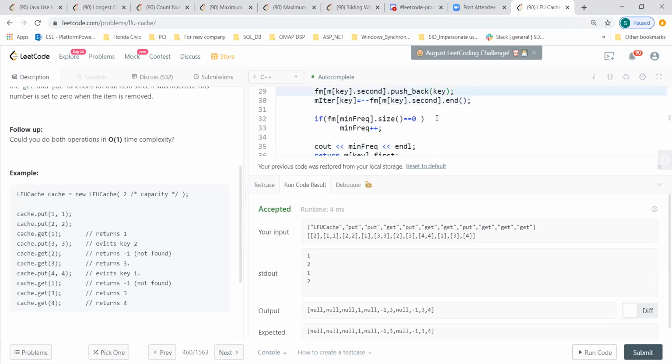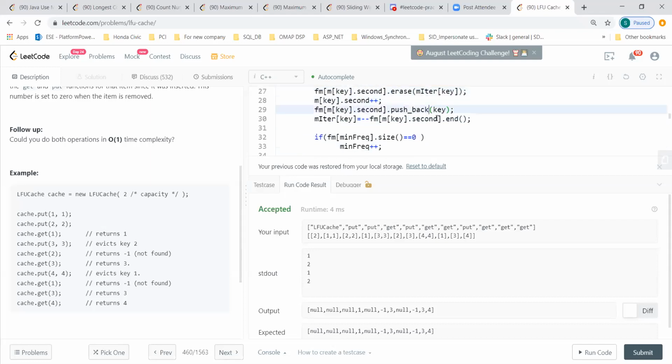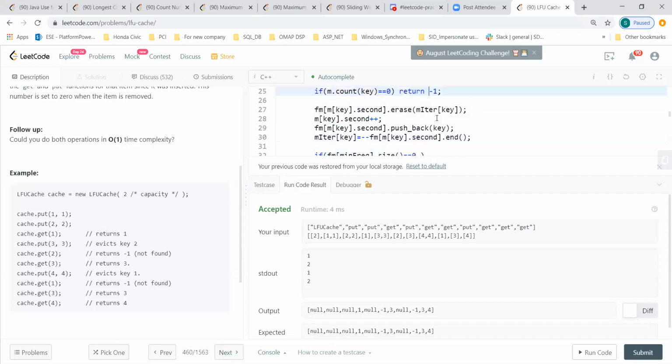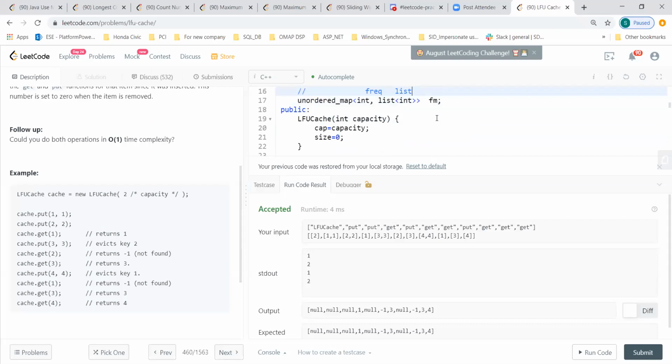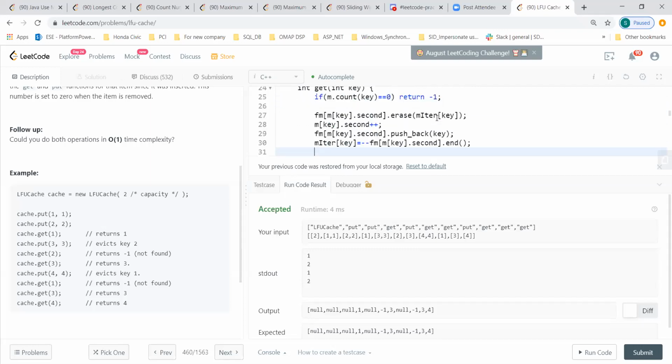Next vector, next list, you mean? No, actually not. Let's first see what this FM is doing. What is this FM storing? The FM is nothing but the frequency and then the list, so it is maintaining buckets of each and every frequency.